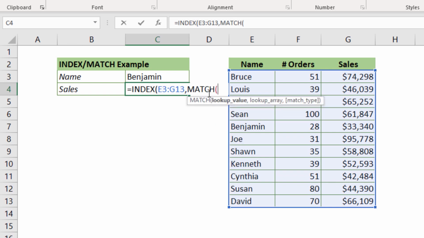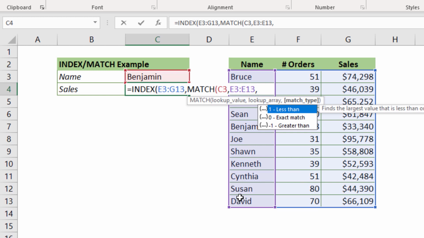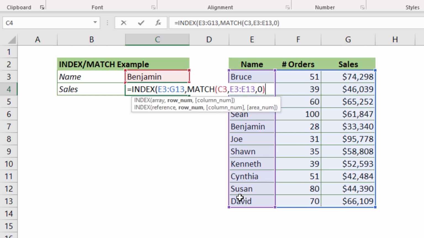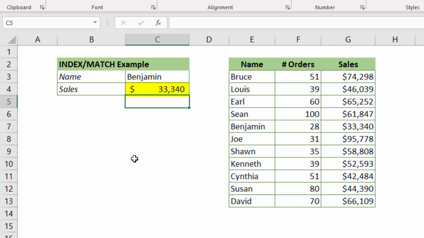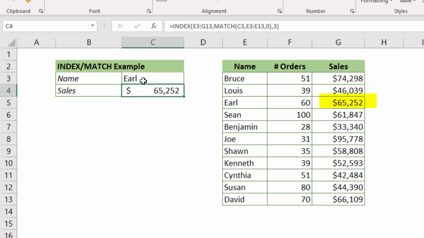So, MATCH. The lookup value is cell C3, which is the customer name. Then the lookup array will be the name column from E3 to E13 with exact match. Finally, the column number will be 3, where we need the sales amount. Then close the bracket. Now it has returned the sales amount of $33,340 for customer Benjamin. You may change the customer's name, and the formula will return the sales amount dynamically.